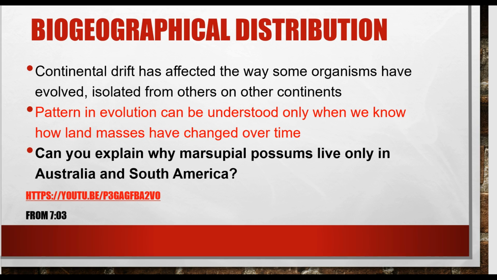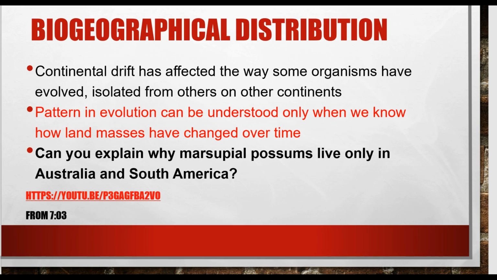Some of the patterns that we've had in evolution can actually be attributed to this movement, where some organisms once lived on one plate and now look different to their ancestors, or their relations that might be found on another plate. For example,